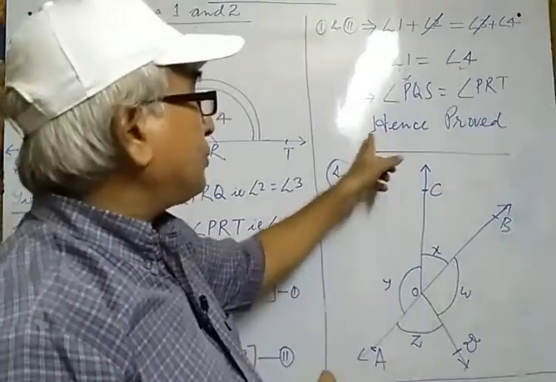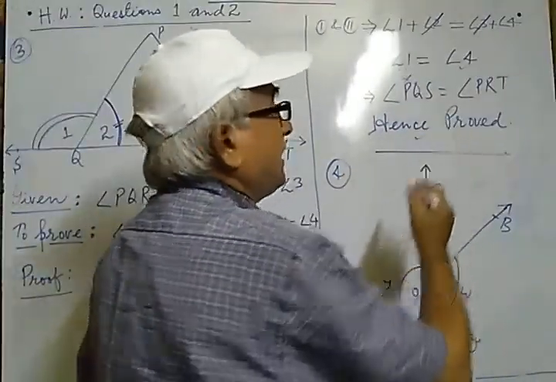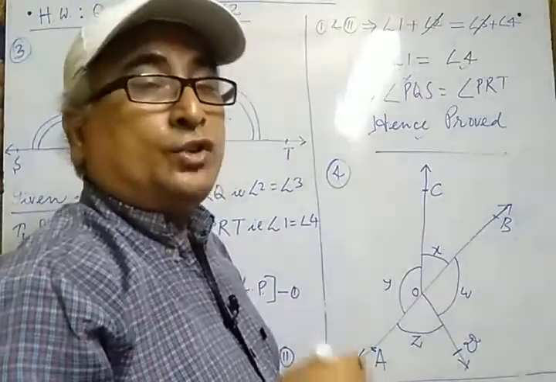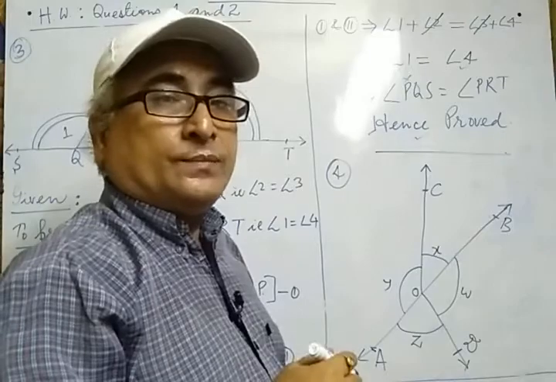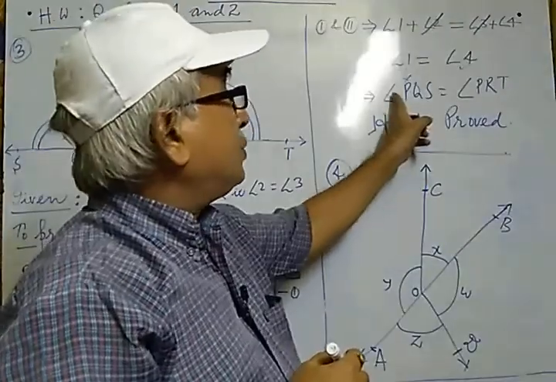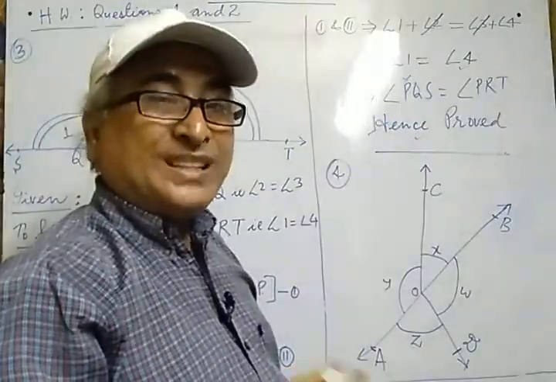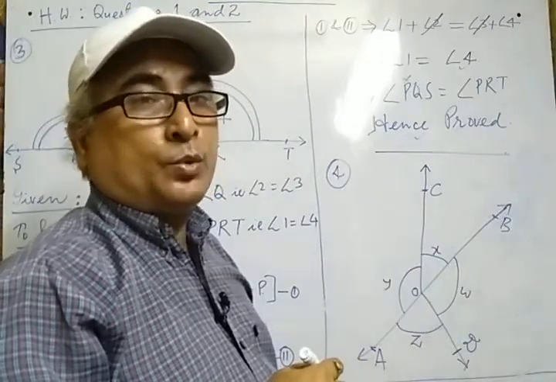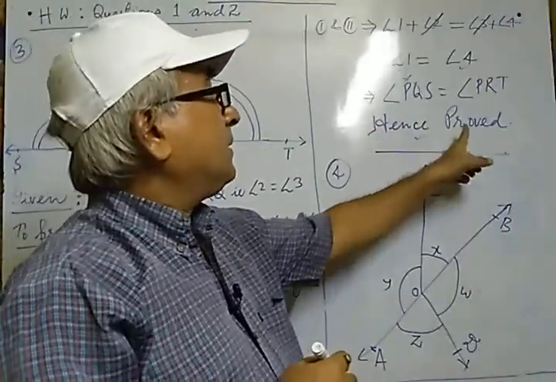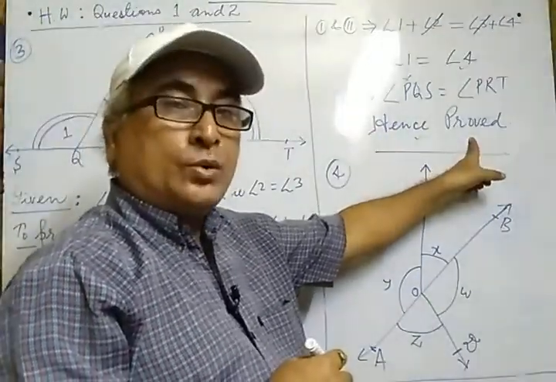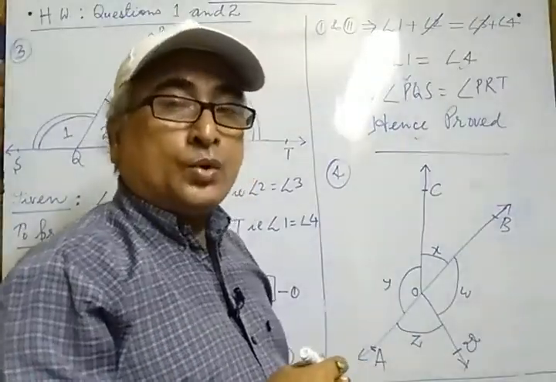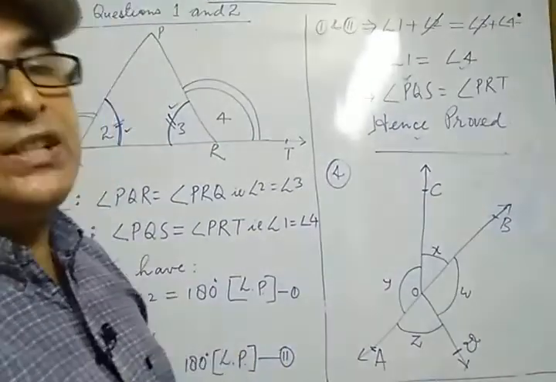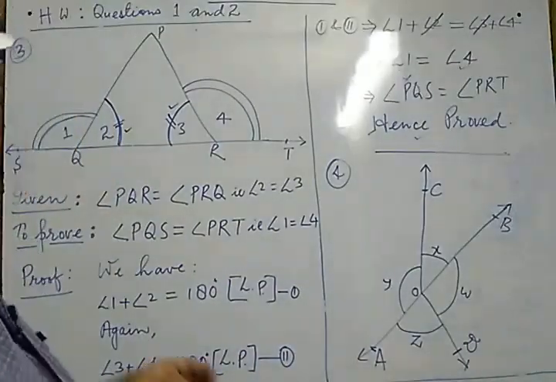So at last we have to note down, hence proved, because what is required is obtained here. So at last, when both the sides are proved, what is required according to the condition of the question? Ultimately, we have to finish the question by writing hence proved. In this way, question number 3 is completed here. So it is remarkable here.